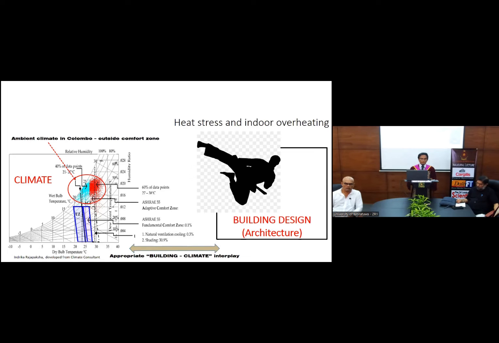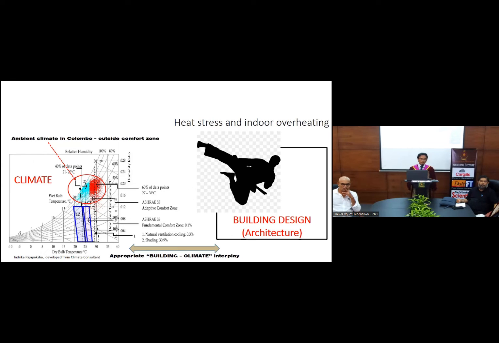The graph on the left shows a bioclimatic chart on about Colombo city. Now there are the blue areas with the comfort zone. That is the comfort zone, and we prefer in natural conditions a temperature range like 23 to 28 within a particular level of humidity. Then it can be extended by introducing natural airflow. Then it can slightly extend it towards like 29. But the red dots and blue dots show hourly temperature averages for a typical year.